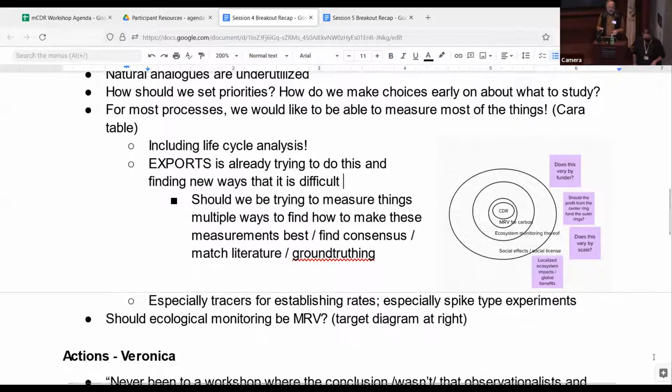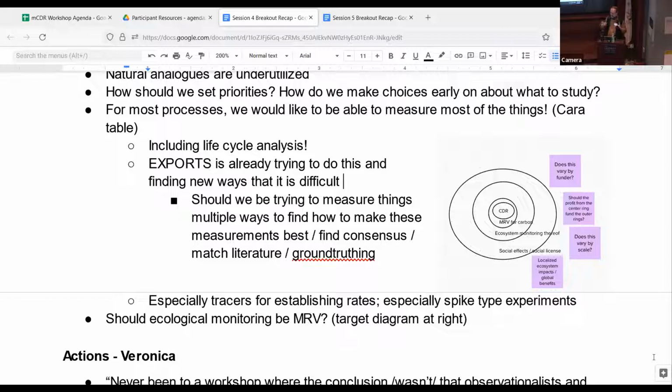Basically, I think, who was it, Chris? Someone had this great idea of how do we think about ecological monitoring in the context of CDR. So that circle, if you can see in the middle, just says CDR. Ken Bissler, by the way, Woods Hole, sorry. Right around that is MRV for carbon. And so we were questioning where does ecology fit in. So we put another circle around that. It says ecosystems monitoring. Around that, we hadn't had the discussion about the social effects, social license kind of issues.